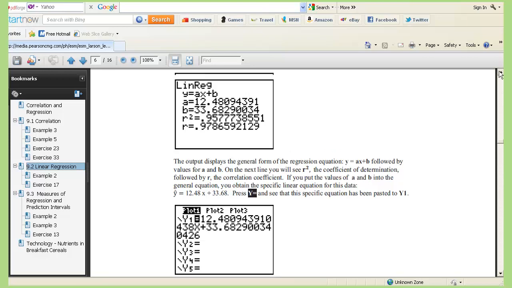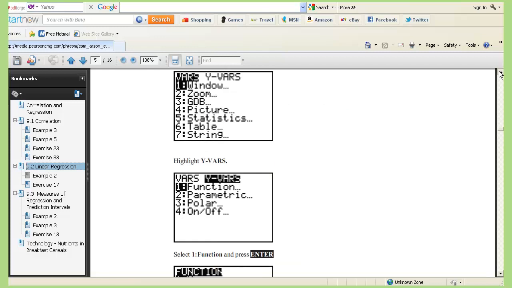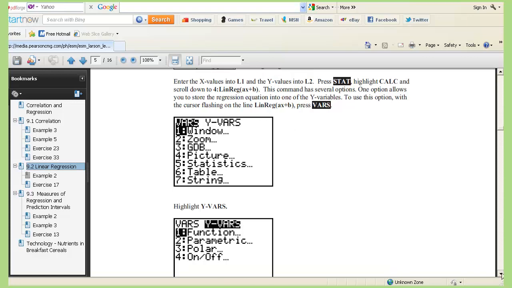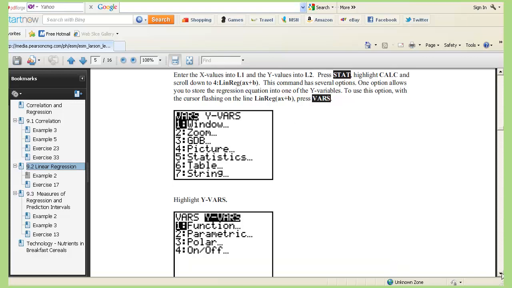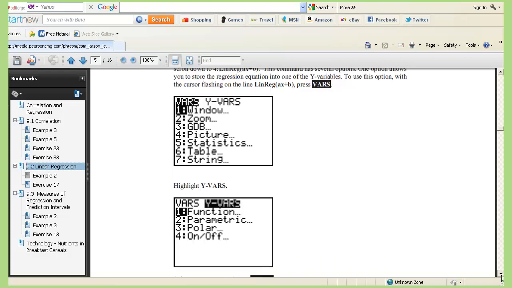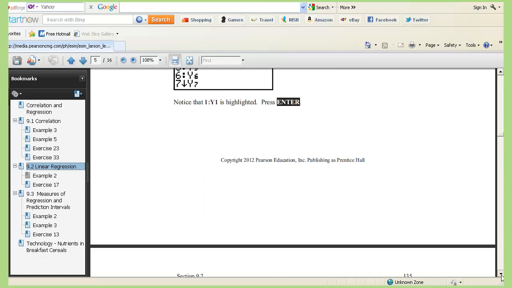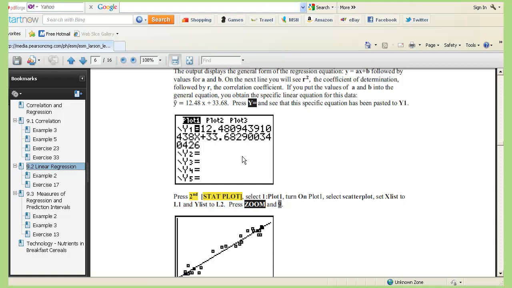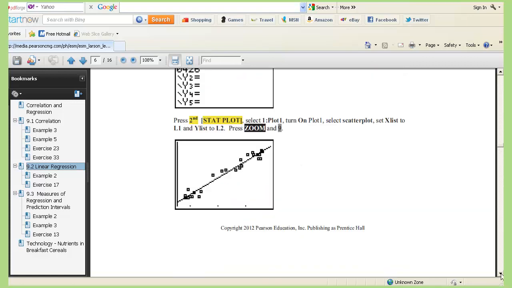But these instructions tell you how you can save it, and it'll copy and paste it. And what they tell you to do is right here, and you're using the variables. Y1 is what you're going to be using, and it tells you to go to VARS, go to Linear Regression while it's flashing, and then press VARS, go to Function and Y1, and then it will paste that function in y equals. And so here it pasted the function in. You can either type it in and round it off, or you can get it to paste it in. But here you can see that the slope is positive, because here's the slope, and that one's got a pretty good